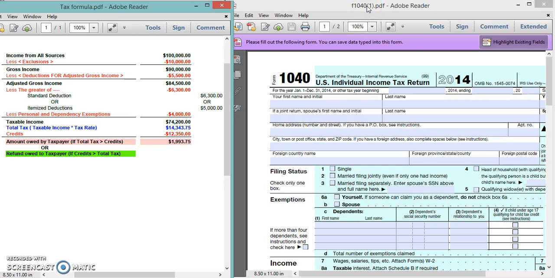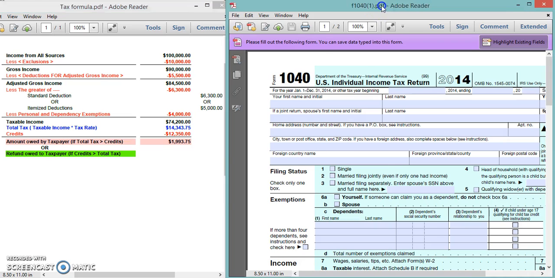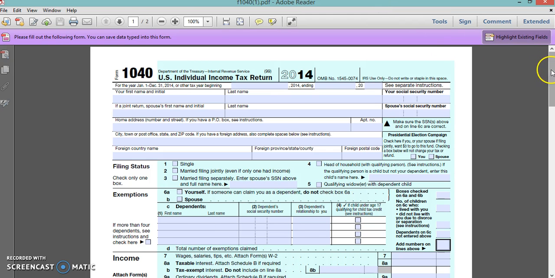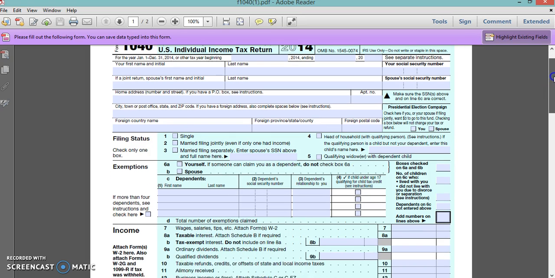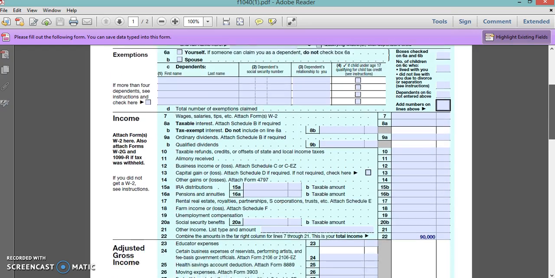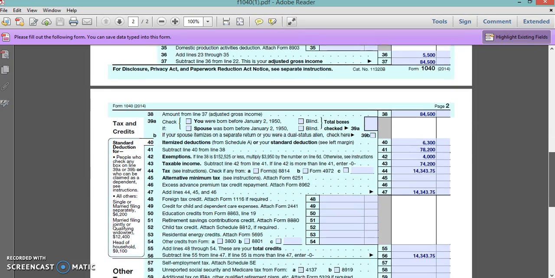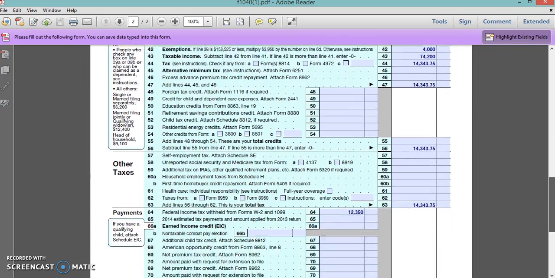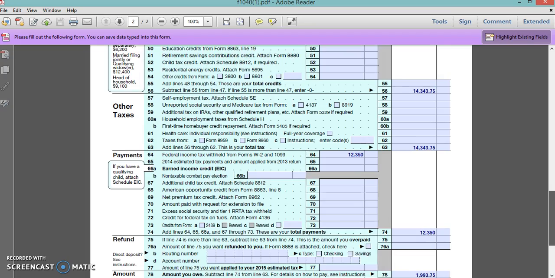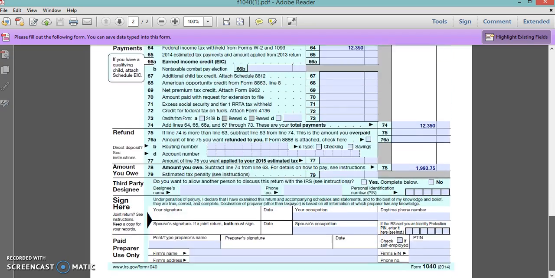In this video, we're going to cover the tax formula. So the tax formula is basically, if you look at the Form 1040, which is the U.S. individual income tax return form, there are other variations of this form as well, but the Form 1040 is what's primarily used. It just follows an order, and we're just going to go over that, and it's important to try to understand the order of things in this form